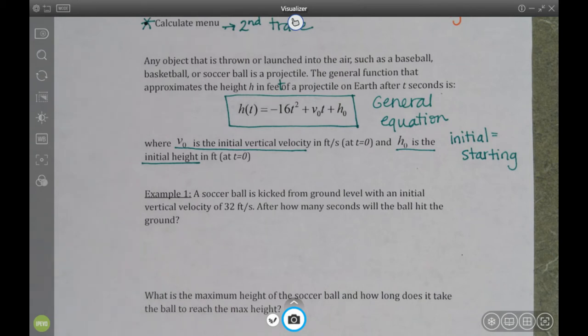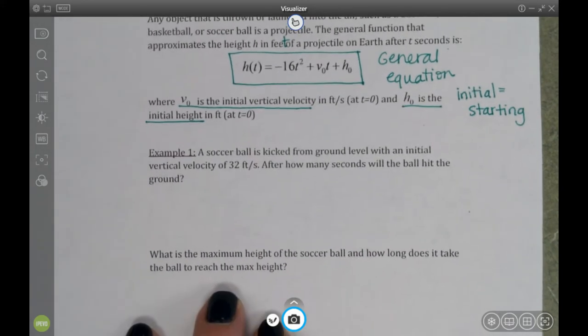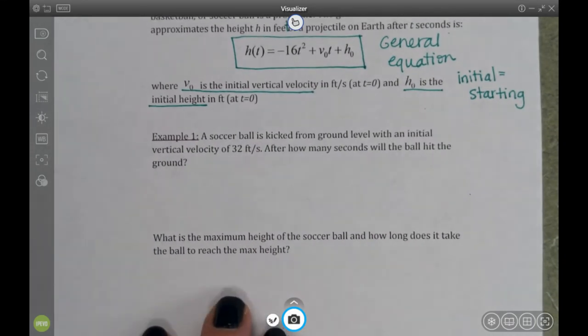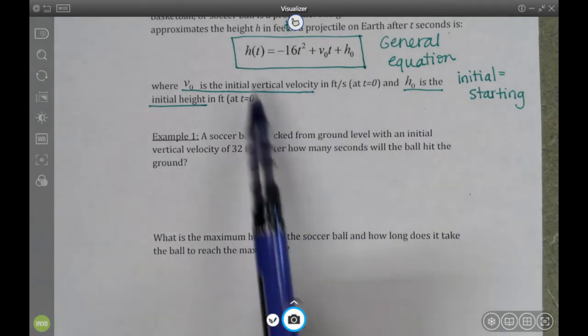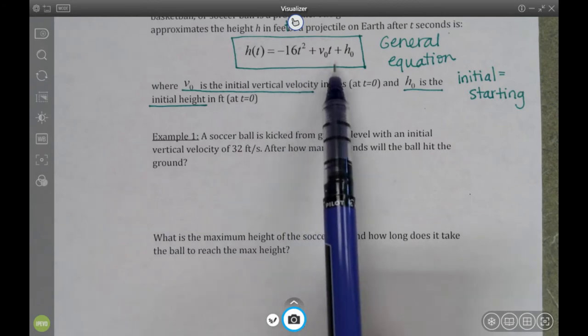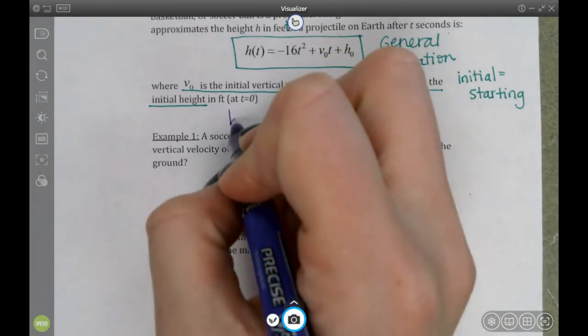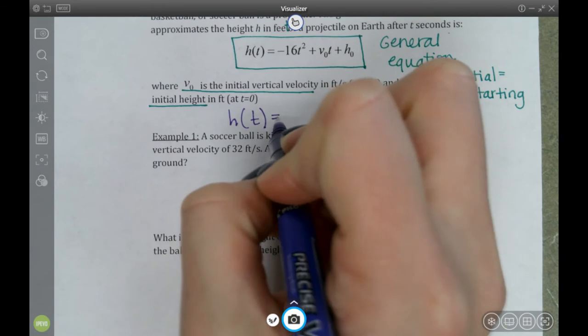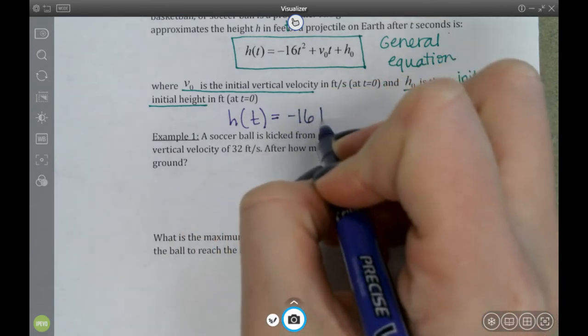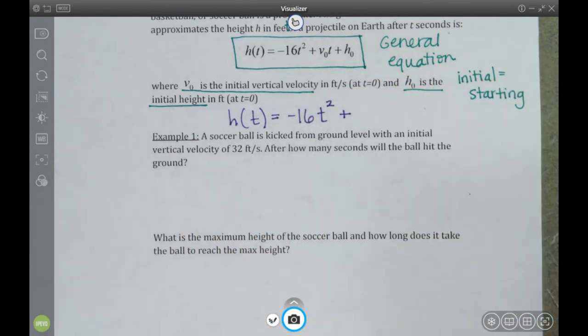So example 1: a soccer ball is kicked from ground level with an initial vertical velocity of 32 feet per second. After how many seconds will the ball hit the ground? So I'm going to write an equation by plugging in all of the things to this general equation up here. So I'm going to have h of t equals negative 16t squared plus,